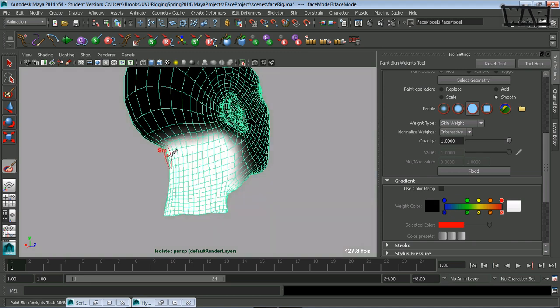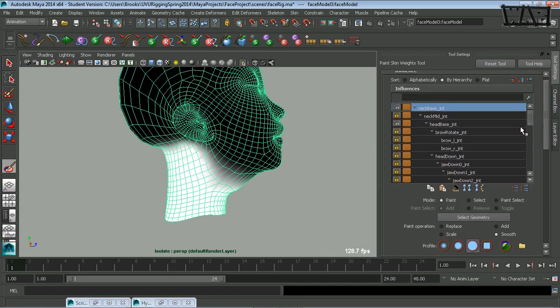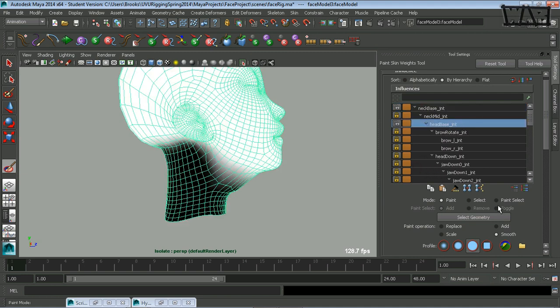Anyway, you want to get it pretty nice. Now the front side obviously doesn't look very good, so I'll have to go through and work on that a little bit more. Go to the head, and go to